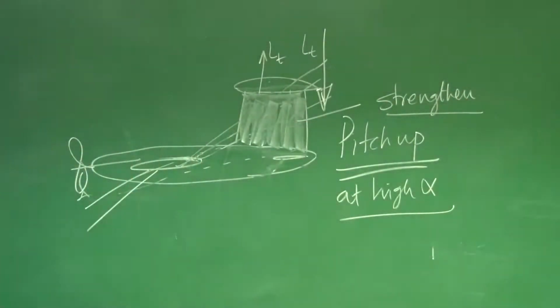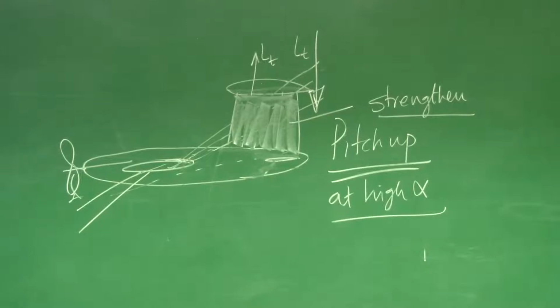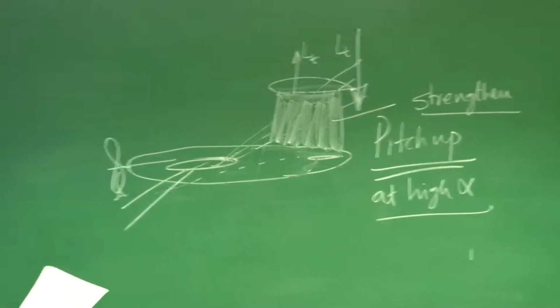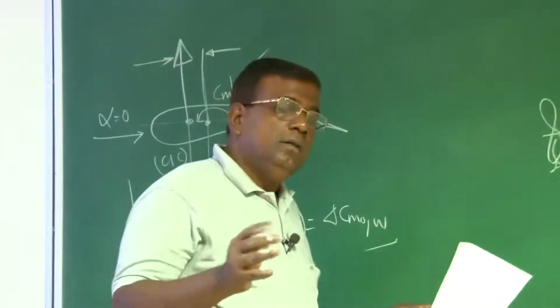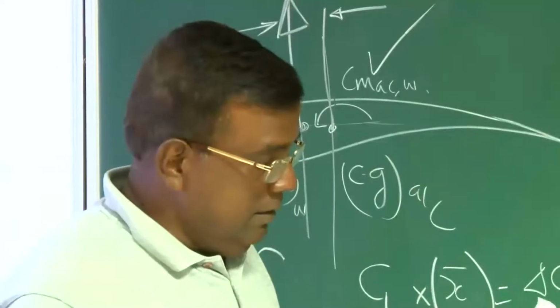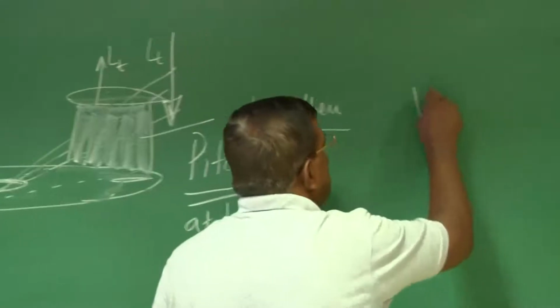So the weight penalty comes. You are having a weight penalty because the vertical tail, which is carrying the horizontal tail, all the loads, stress and all, I have to strengthen it, so the weight will also increase. So these are the flip side. But as I told you, as a designer, you have to see how 1 + 1 gives you what result you want, right? Generally, you will see the vertical tails are thicker,